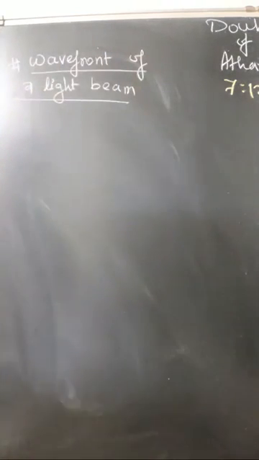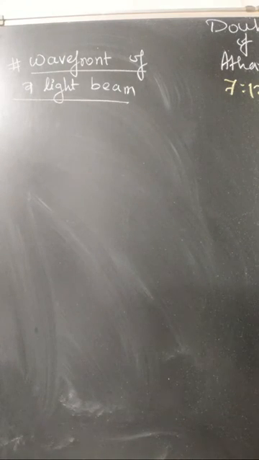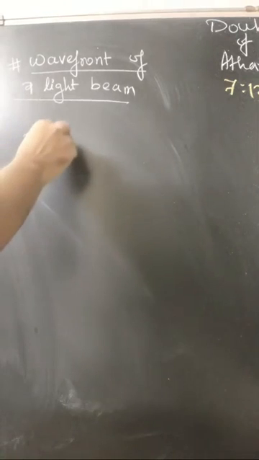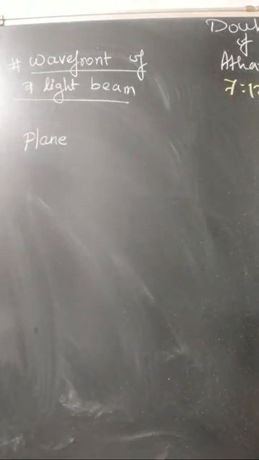So write down the subtitle as wavefront of a light beam. Write down the title as wavefront of a light beam. Write down, students. It is the cross section plane. I have written the spelling of plane on the board, beta. It is the cross section plane of a light beam